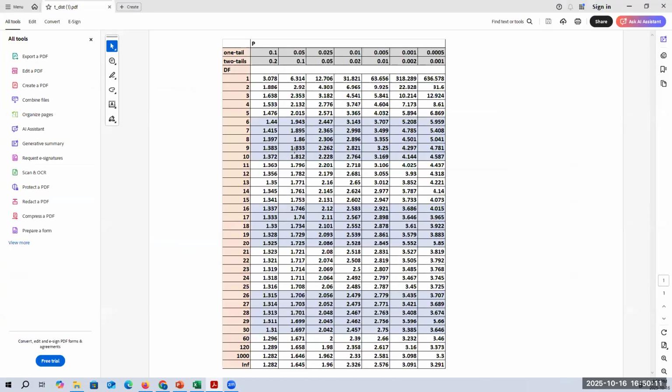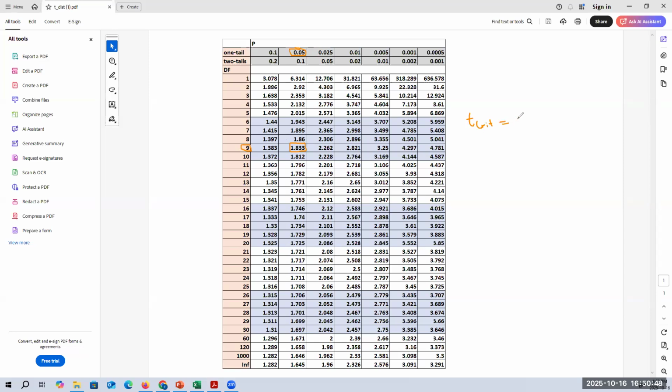So let's say we take a directional of one tail, and then we also have two tails here 0.05, but one tail is 0.05, and we have 9, so it's 1.833, right? So that's our one sample t-test right there. Degrees of freedom, and we have our p-value is 0.05, 9 df, and so our t-critical,